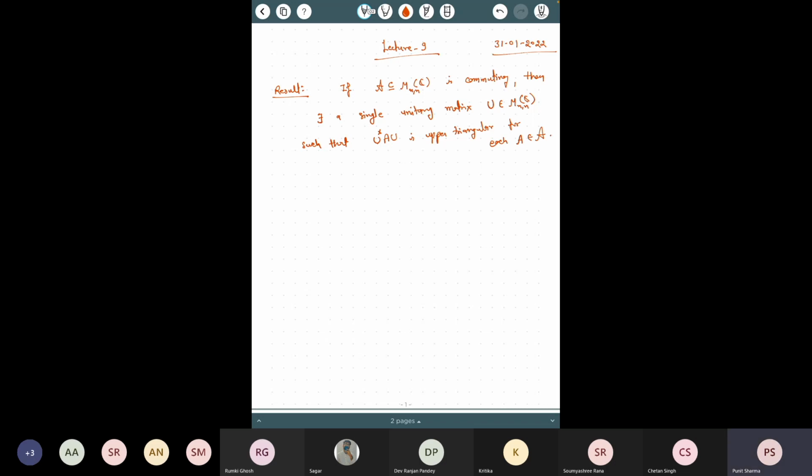So if the family is commuting, then you can find a single matrix U that simultaneously upper triangularizes all the matrices